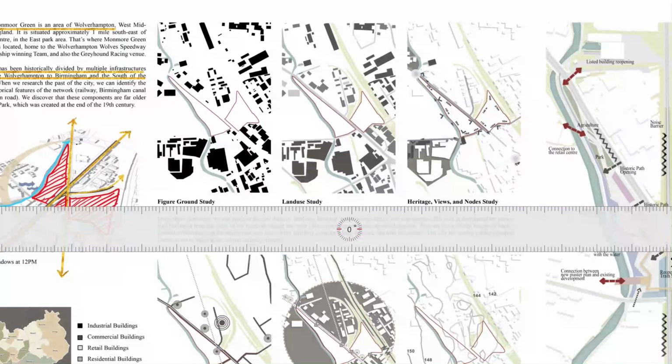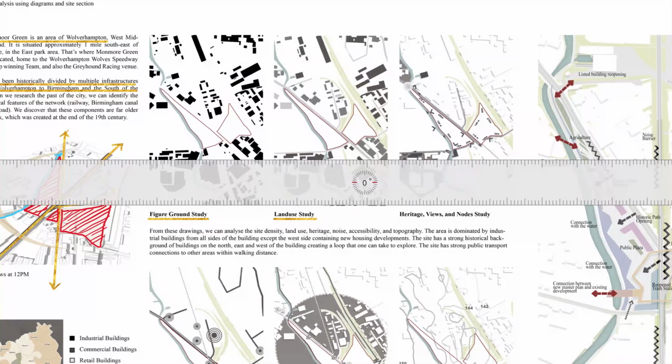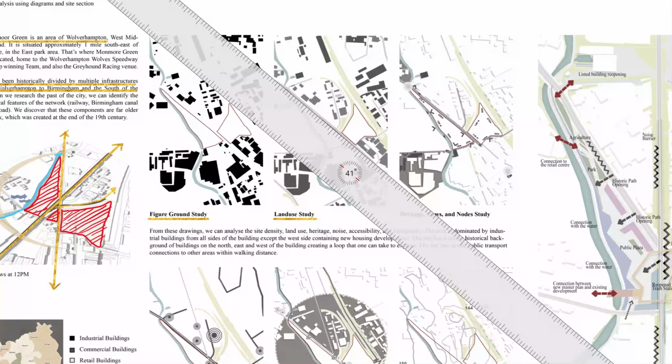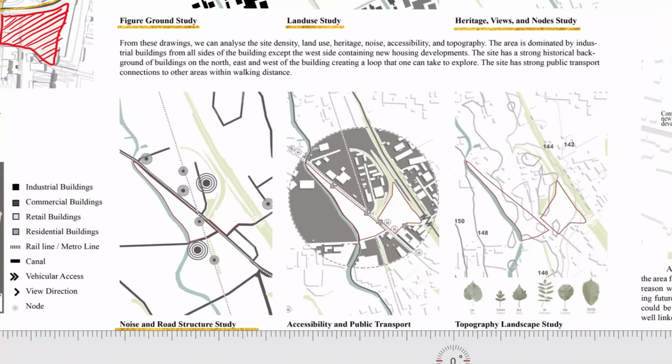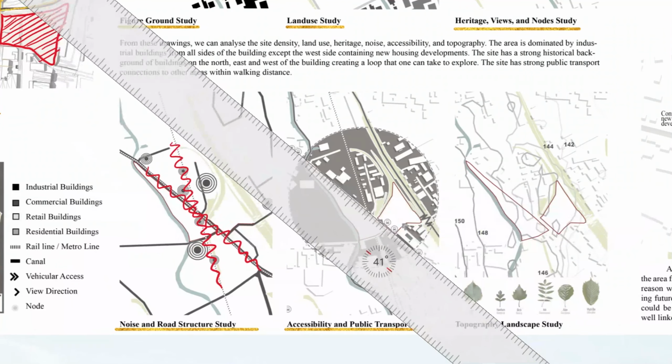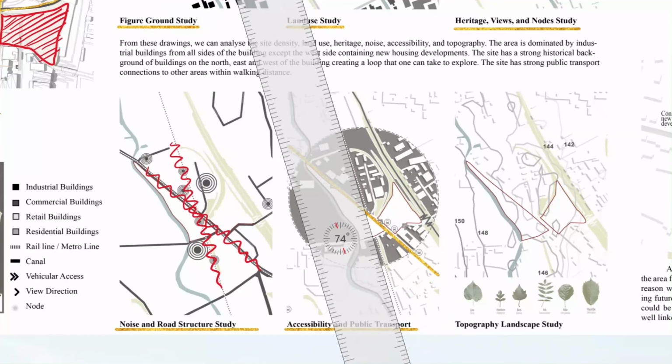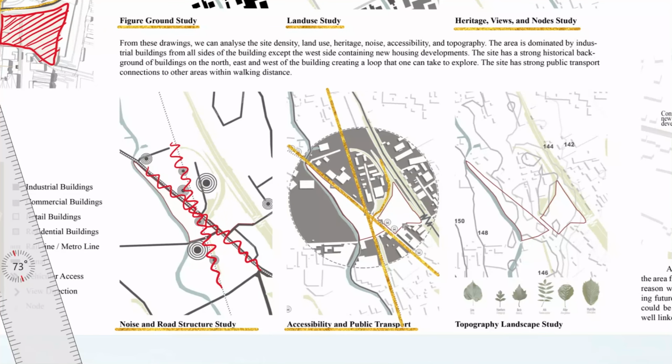So these are just figure ground studies and then land use studies. The area is predominantly industrial, with a few commercial and retail buildings along this road right here. And then you have heritage views and noise studies, with some noise from the train line as well as the main road that I spoke about. Accessibility and public transport: the site has very good connections. We have the tram line on this side, and we also have bus stops, and then we also have the train that goes that way. And you also have the canal, which is an opportunity for water taxis,